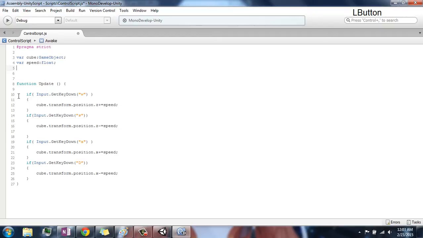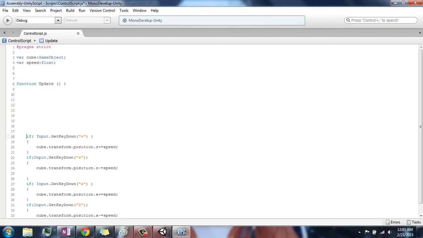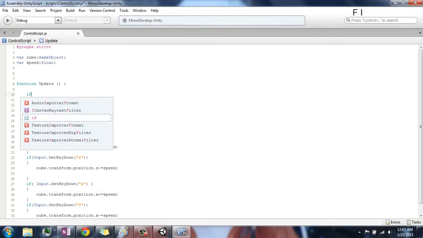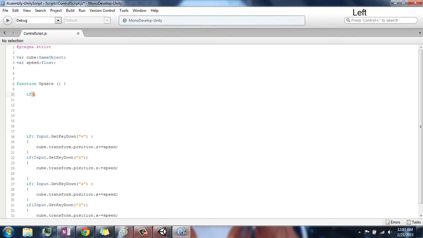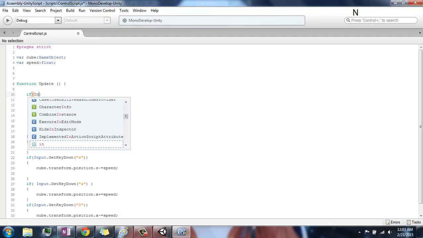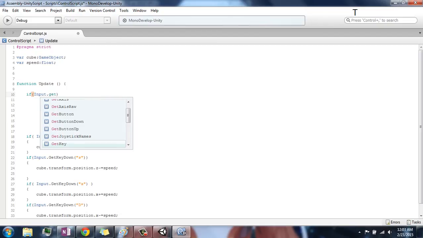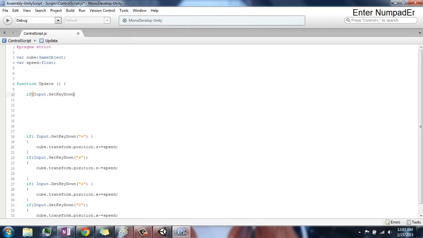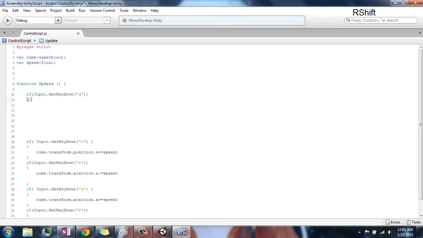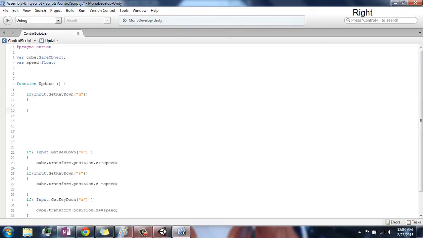Okay, so we wanna add a little more. Let's be able to change our speed now. So let's write an if statement that says if our input get key. Let's make it so it's get key down, so it's decisive. It's not ambiguous like just holding a button is. So let's say every time you click Q, we want to change our speed in the positive direction by, we'll say,